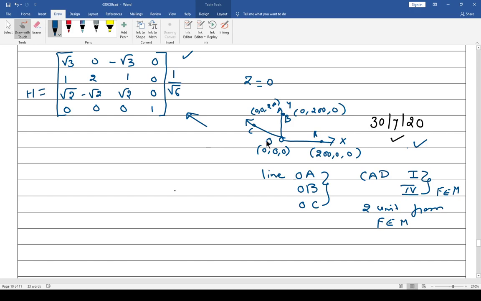Let's do it. We have written some coordinates, and now we want the isometric coordinates. I denote the original points as O, A, B and C, and the isometric coordinates as A dash, B dash, C dash. So let's find out what A dash is going to be.